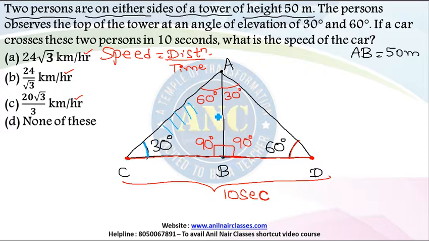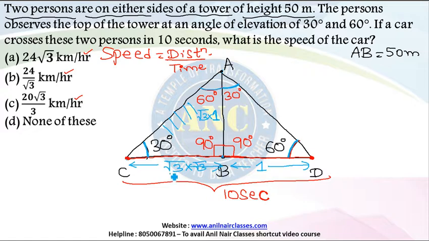If I assume AB value as 1 unit, opposite to 60 will be assumed as root 3. That means this value will become root 3 units. Similarly, opposite to 30, if BD value is assumed as 1 unit, opposite to 60 this will become root 3 units. That means this is 1 fixed already. It is fixed as 1 already, but it should become root 3. Multiply by root 3, right? Multiply by root 3. If you are multiplying 1 by root 3, this root 3 also should be multiplied by